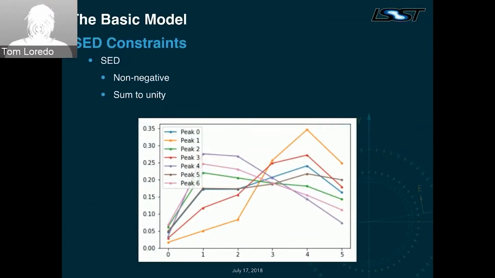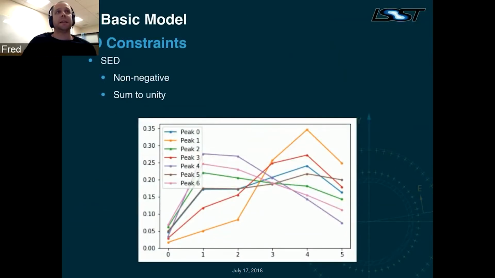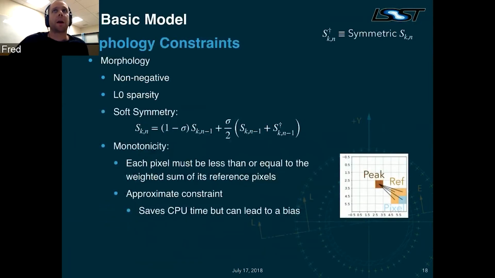And so for the SED, we say we want it to be non-negative, and we want it to sum to unity, right? So this is basically the constraint to break the degeneracy in SED morphology space. And then for the morphology, we say that we want it to be non-negative. We can optionally use an L0 sparsity, which essentially means we want them to be compact. And then for symmetry, we allow for a soft symmetry, which means it doesn't have to necessarily be perfectly symmetric,